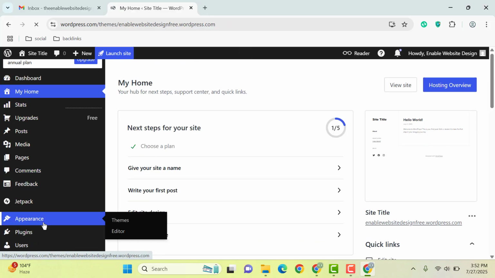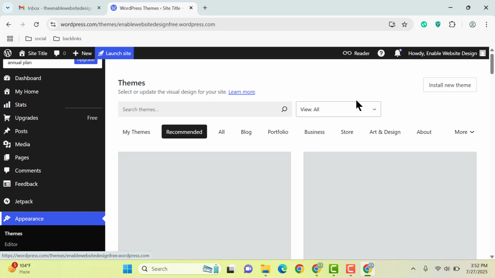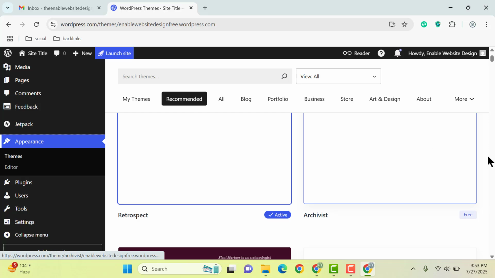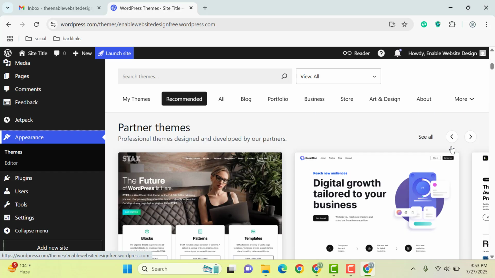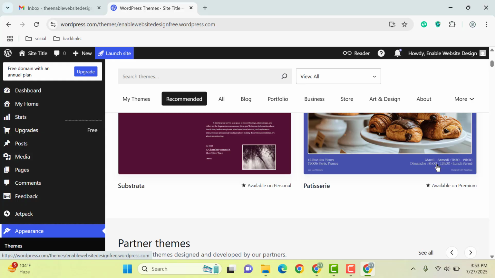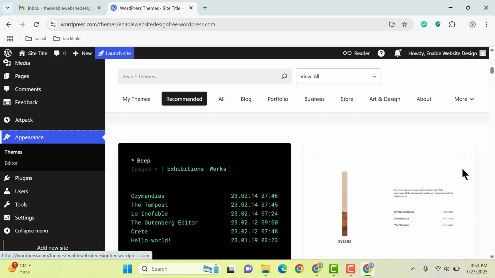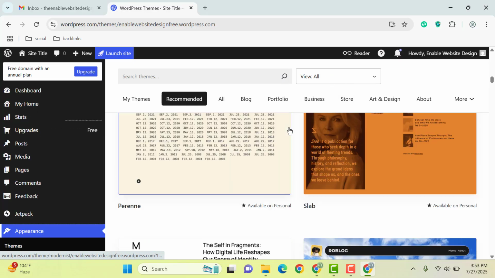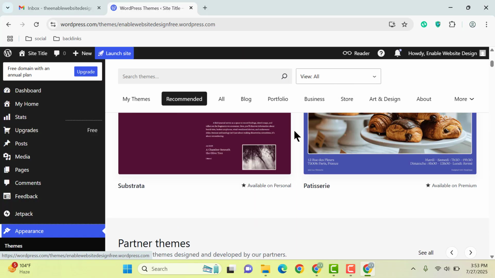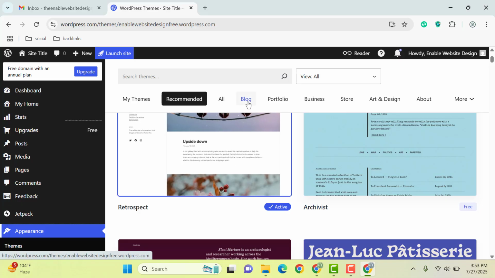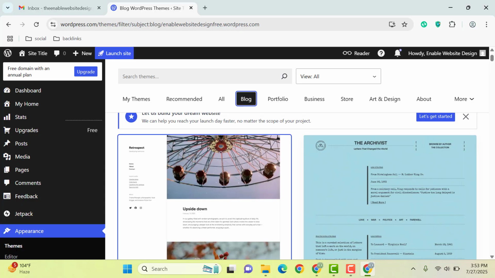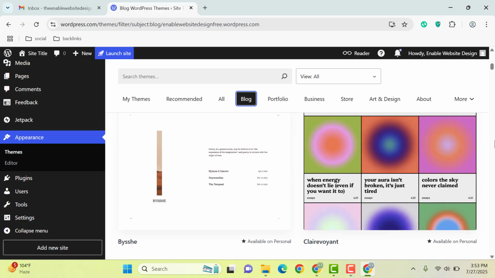So if I go here, and here you will find different themes, so you can check one by one. And you can also search by categories. For example, if we search with blog, you can also see here the blog category, then scroll down,